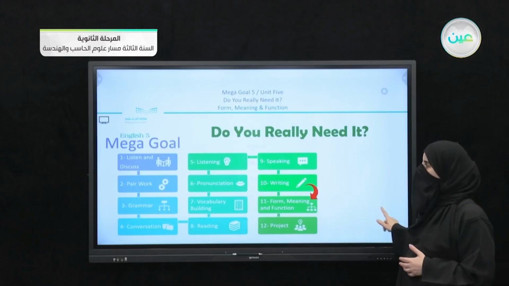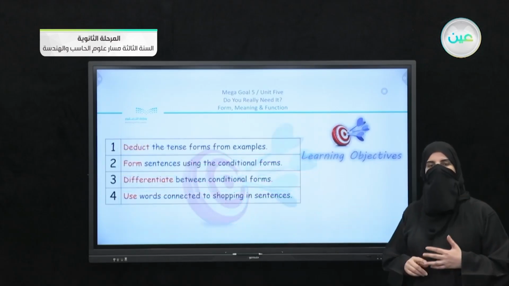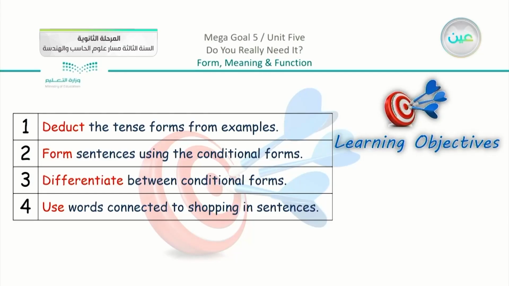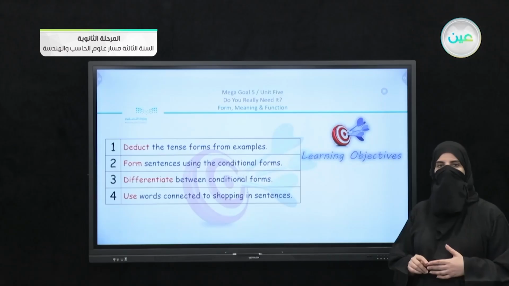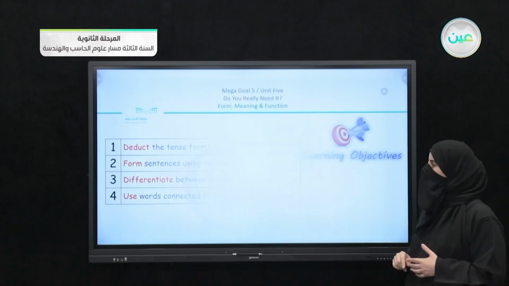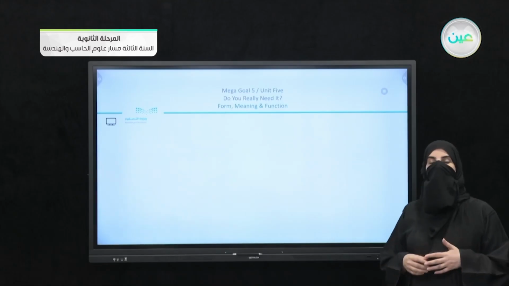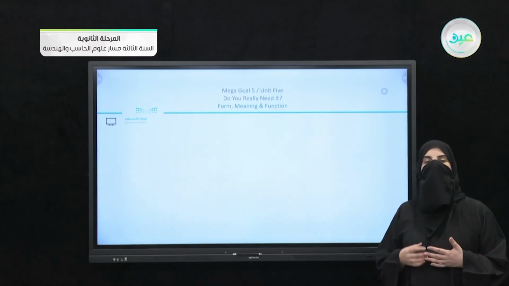So we are going to start with our objectives, which is to first deduct the tense forms from examples. Number 2, to form sentences using the conditional forms. Number 3, to differentiate between conditional forms. And number 4, to use words connected to shopping in sentences. So we're going to start, first of all, going back to the idea of conditional sentences and using the word